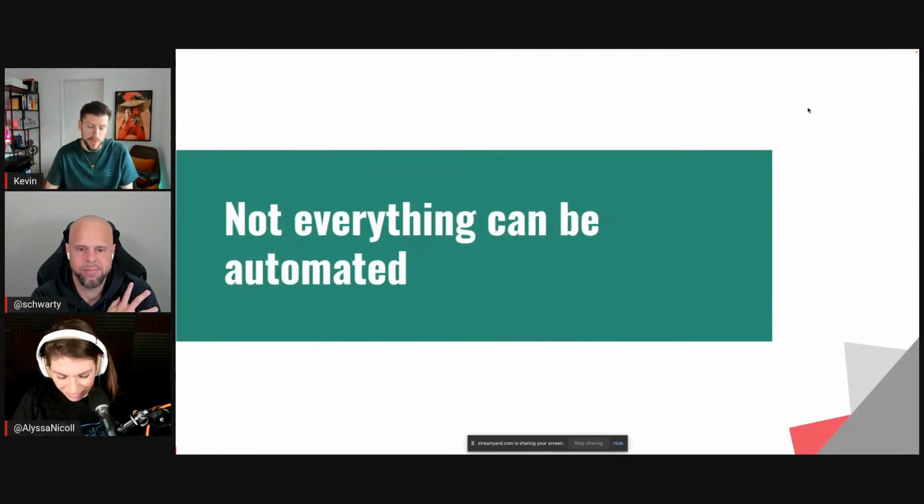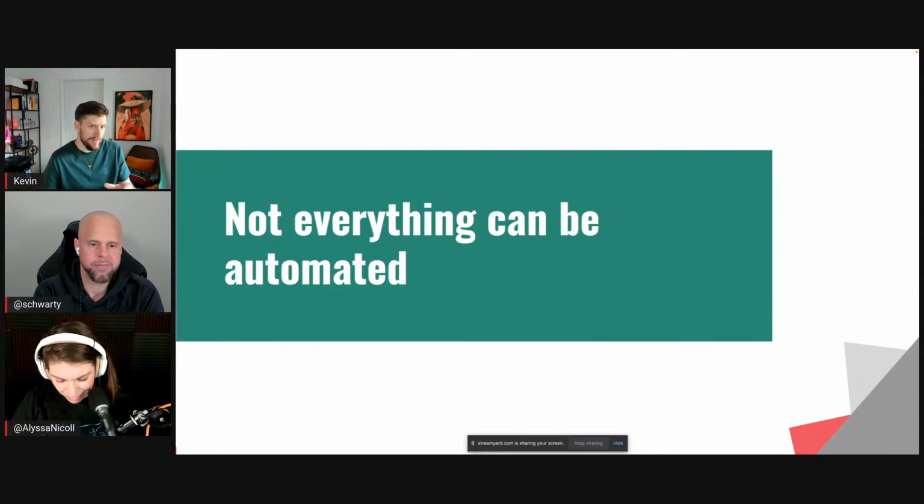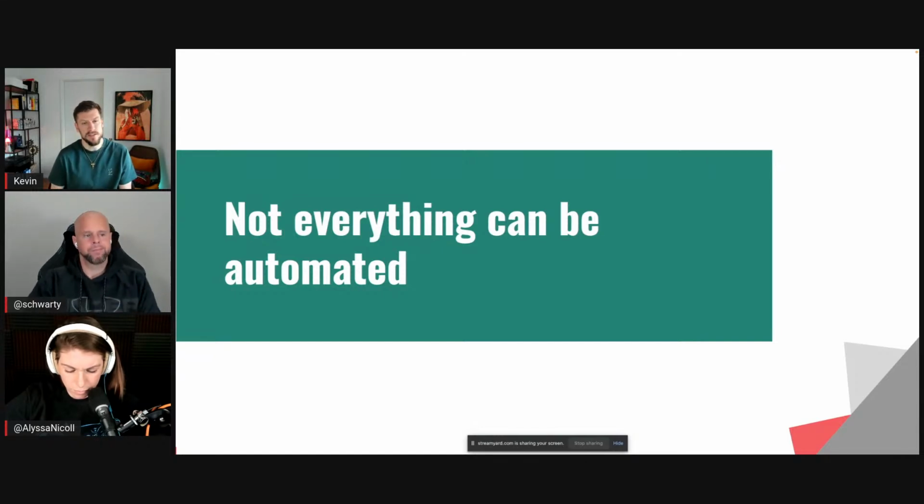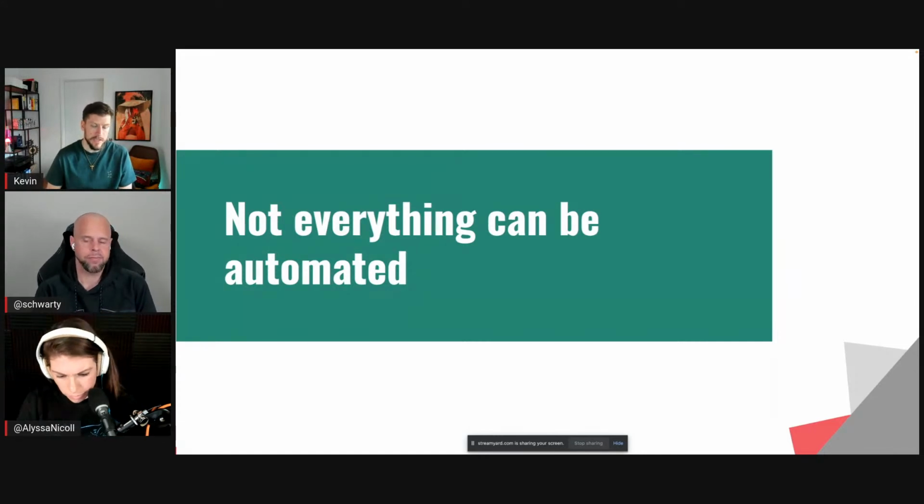And what I also want to share is that not everything can be automated. I showed you a lot of things that can be automated, but there are still a lot of things that cannot be automated, for example, focus states. Making something accessible still requires a lot of manual testing, because you still have to navigate the page and check that the focus is correct.